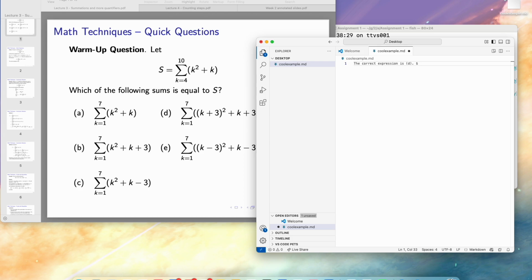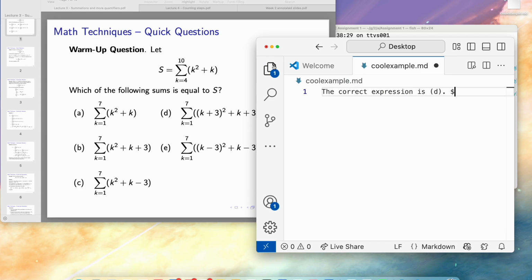And then to start typing in math stuff, I'm just going to zoom in too. I use a $ sign, and then everything between $ signs is going to be rendered mathematically. So S equals,